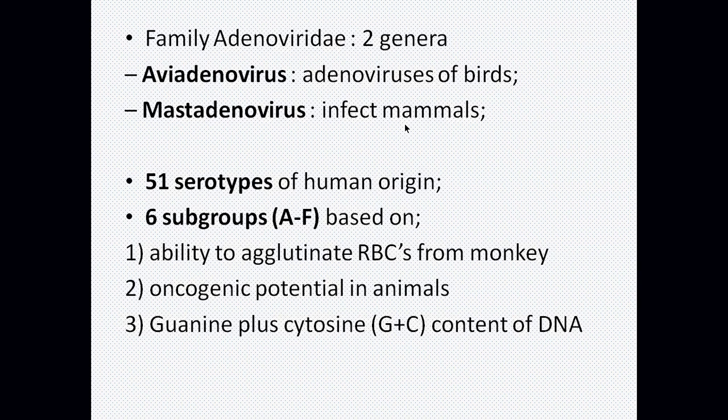These 51 serotypes are grouped on the basis of their ability to agglutinate RBCs from monkey or rat; monkey RBCs have been used for the agglutination property. Second, the oncogenic potential in animals. Note that adenoviruses are also oncogenic viruses. And the property is the